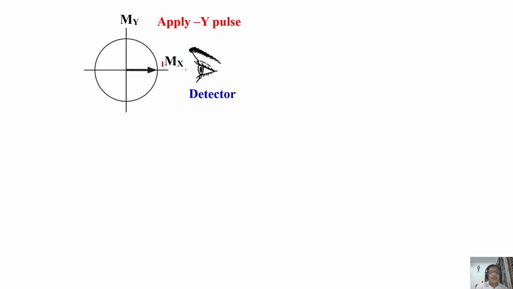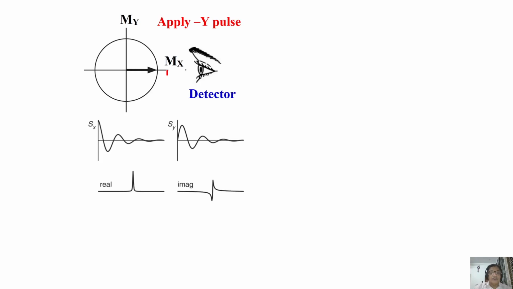Then afterwards there is a decoherence. So this is a coherence. Statistically, you will say there is a coherence of all the nuclear spins along this axis. All the magnetic moments come there. Now if I do the Fourier transformation, remember I am going to get a real part and an imaginary part. The real part is a cosine part. It starts as a cosine function, decaying and oscillatory. When you do the Fourier transformation, I get a signal which is in phase like this. This is called an absorptive signal.